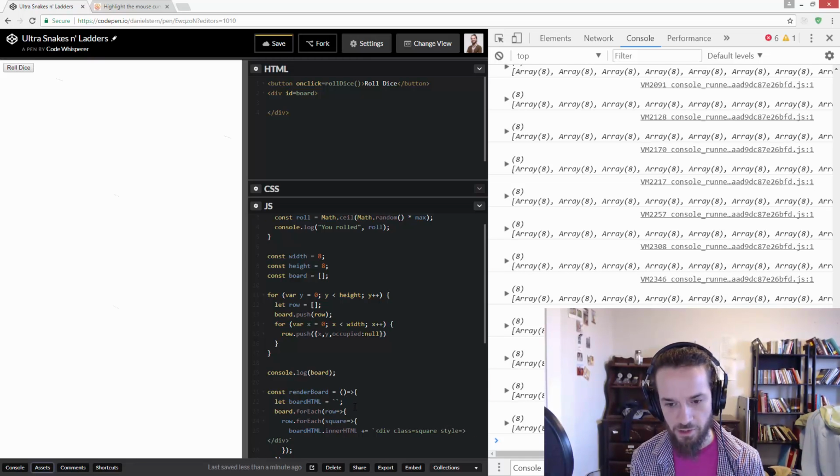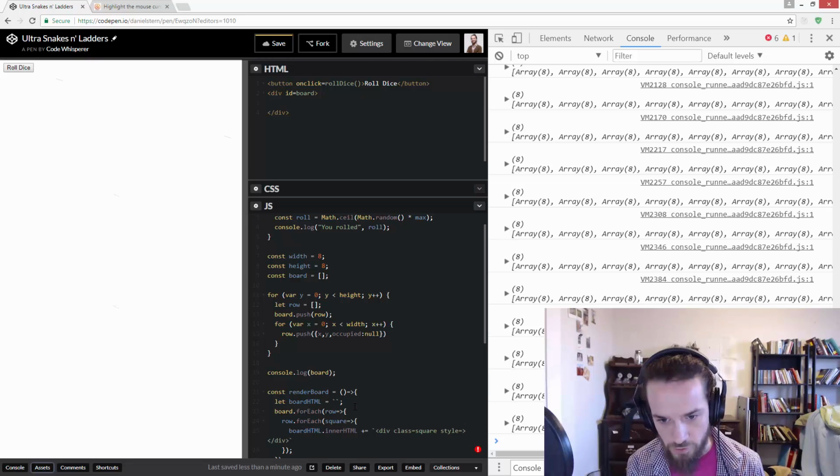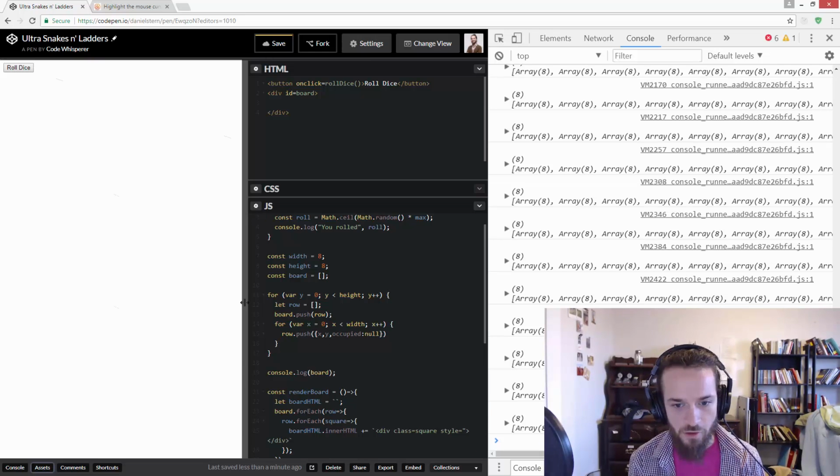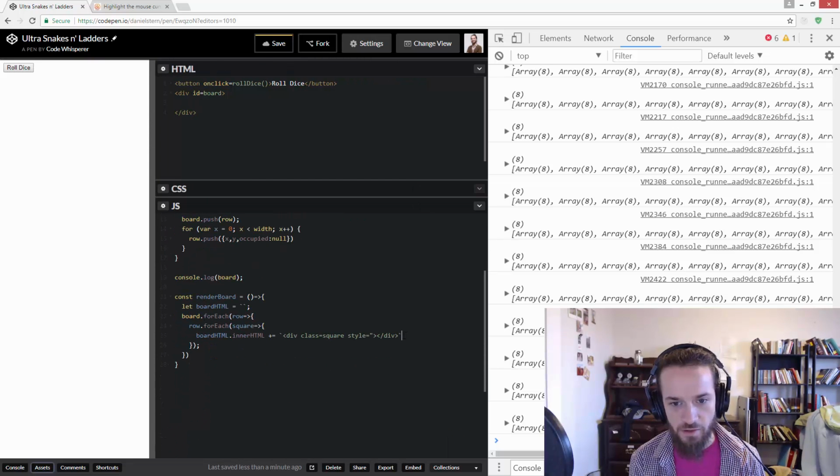So we'll say style equals, and how are you supposed to do styles again? That's always tricky. Let's open this up a little so we can see what we're typing. Square style equals, make a little pair of quotes, and I think there's no surrounding curly brackets, but it should be something along the lines of